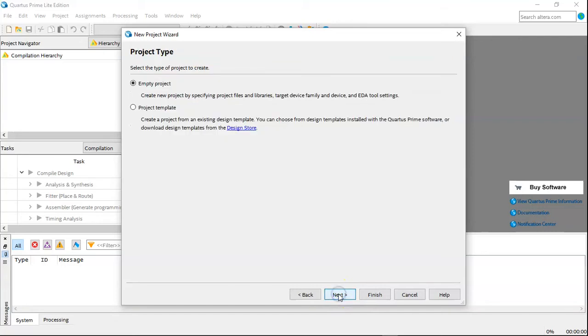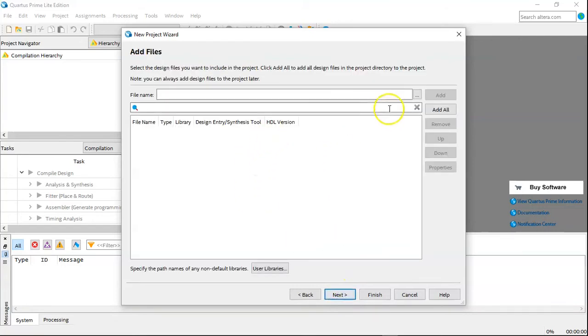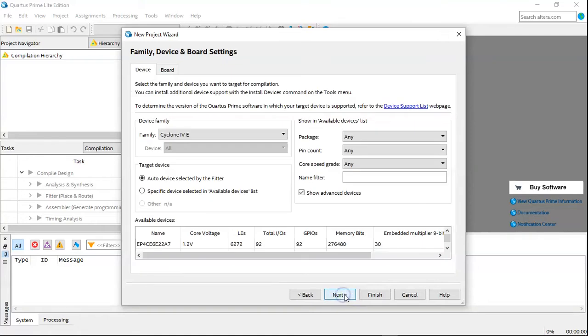So you click next, an empty project. Now because you are in the right folder already, you click here, add files, and the 1-bit adder has now been selected and added to the project environment. So it's a VHDL file, and it has been correctly identified. So you say next. Now you are going to select a Cyclone 4, and for example, it's going to be filtered to be the 115